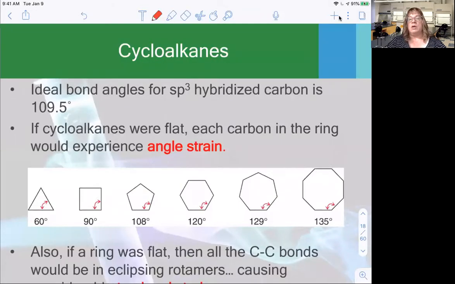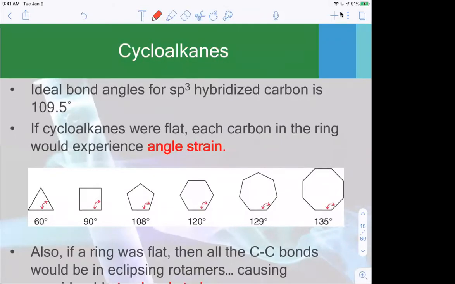When I look at cycloalkanes, I have to remember a couple of things about regular acyclic alkanes. Remember, in any alkane, my carbons are sp3 hybridized, and that ideal bond angle is going to be 109.5 degrees. If cycloalkanes were flat, each carbon in the ring would experience angle strain. So if I look at the flat representative,